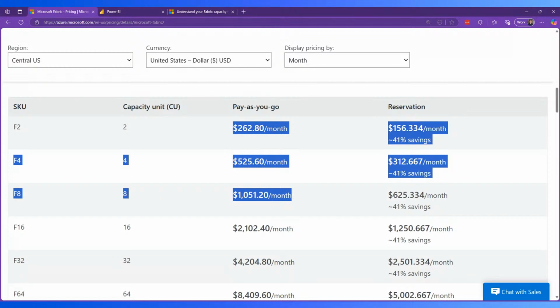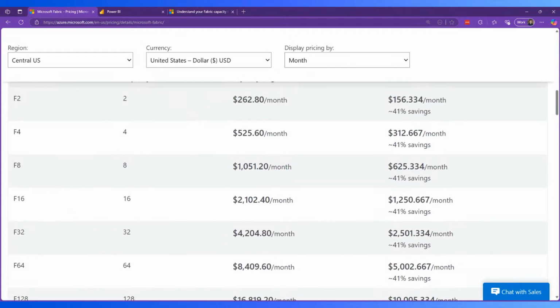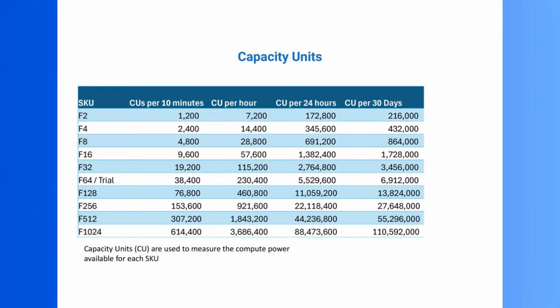One important point of this is that you can also scale up and down based on specific needs. So if at any specific point in time you are required to allocate more capacity units, you can easily do that within the same fabric capacity, and then scale back down as required. So going back to our previous example, where we have the different capacity units, you can see that